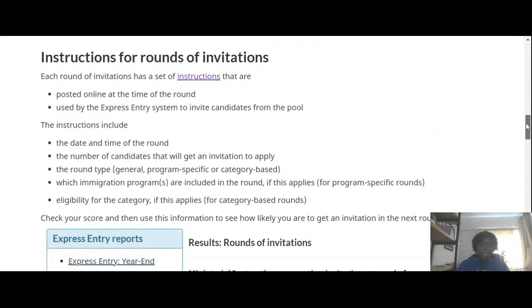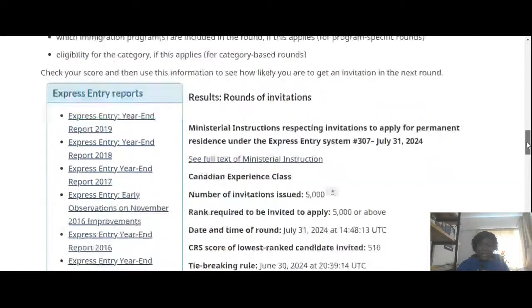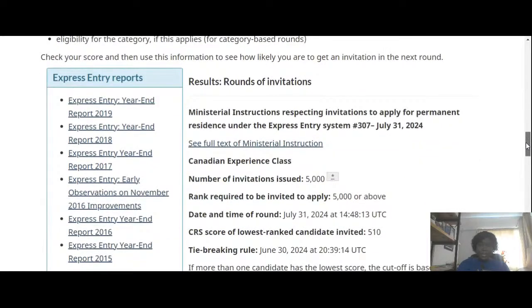So for instructions, each round of invitations has a set of instructions that are posted online. You see information online here every now and then. You'll get instructions on the date and time of the round, and so on and so forth. You can take your time to read through all this. Then, for results,